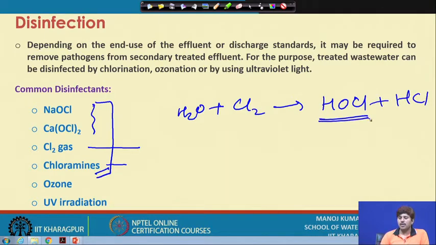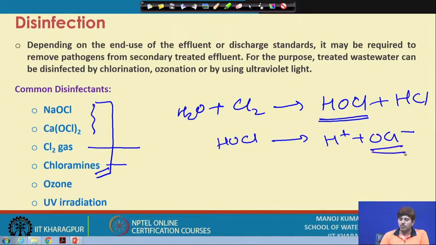So, this HOCl, which is called hypochlorous acid, has quite high disinfection abilities, and this HOCl depends on the pH. So, it can be broken down to H and OCl ions also. So, these OCl ions are called hypochlorite ions. These HOCl and OCl both have disinfection abilities, both are strong oxidants and can actually oxidize, because chlorine becomes